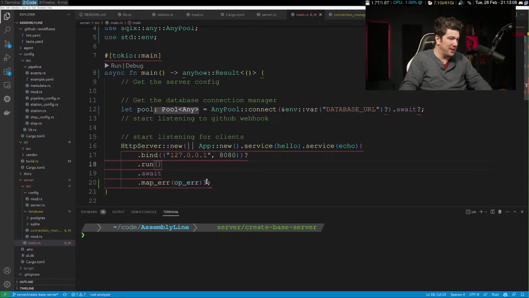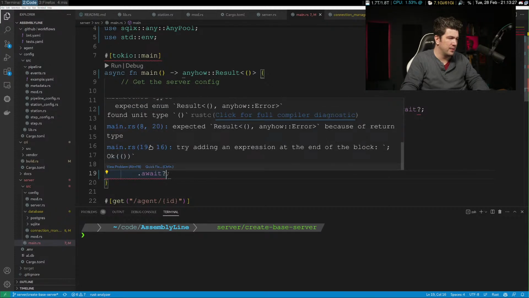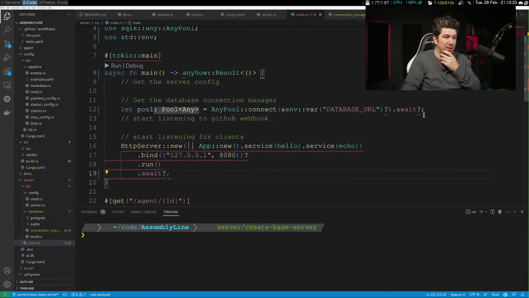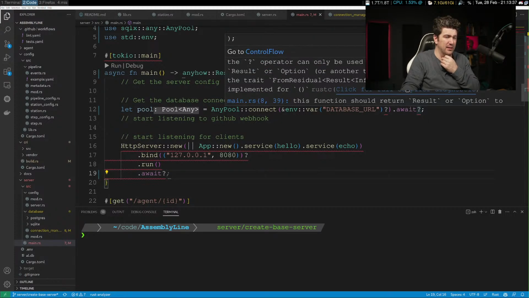Oh, well, I mean, I do have this map error on here. But this one, I think you're right. We can just do the map error on. But these, I'm not sure why.